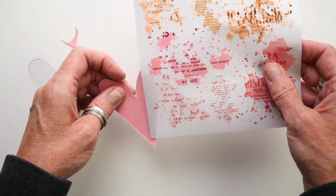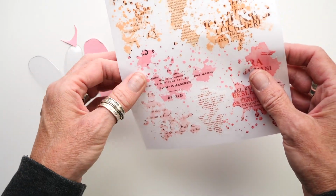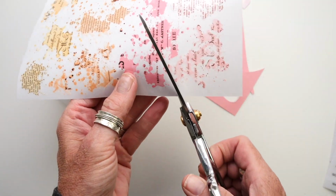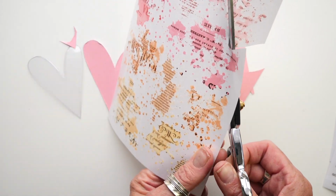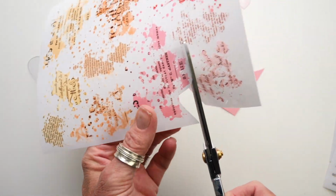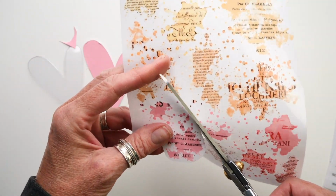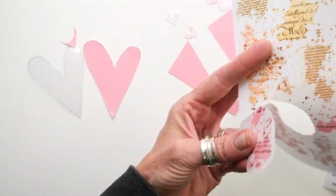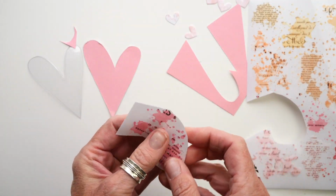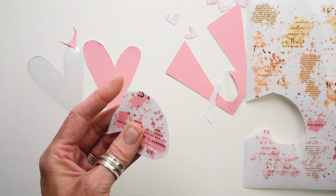So what I'm going to do here is it's a choice between these two pinks. I think I'm going to go with the darker pink. I'm going to come in here with my scissors and just trim out a part of this. I don't need the whole thing. Now, that being said, you can absolutely do the whole thing on your particular DIY embellishment. For this instance, as is shown kind of in the sample here on the layout, I am just going to